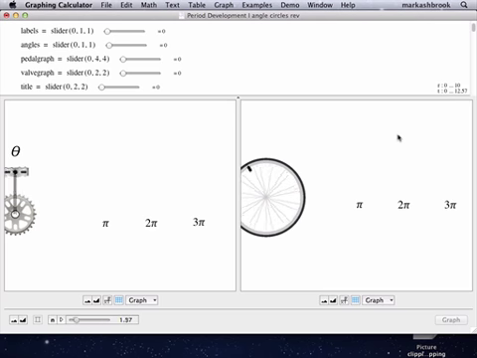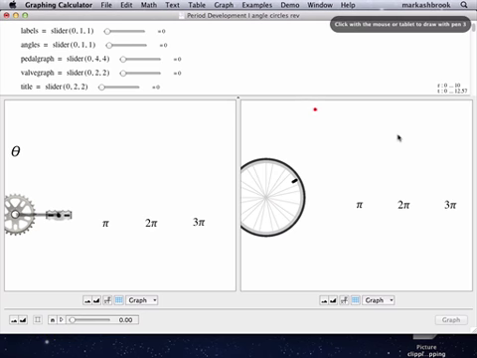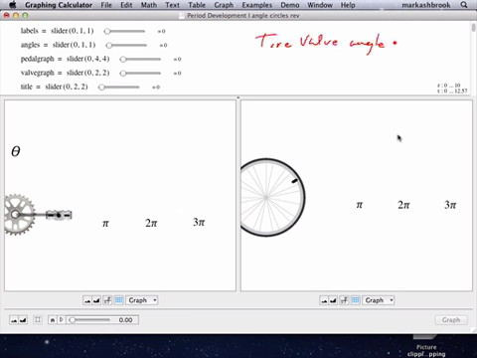Ahead. It's pi over 6 ahead. Do you see that? So its angle, the tire valve angle, is ahead by a 12th of a circle, or pi over 6, and so its angle can be written as